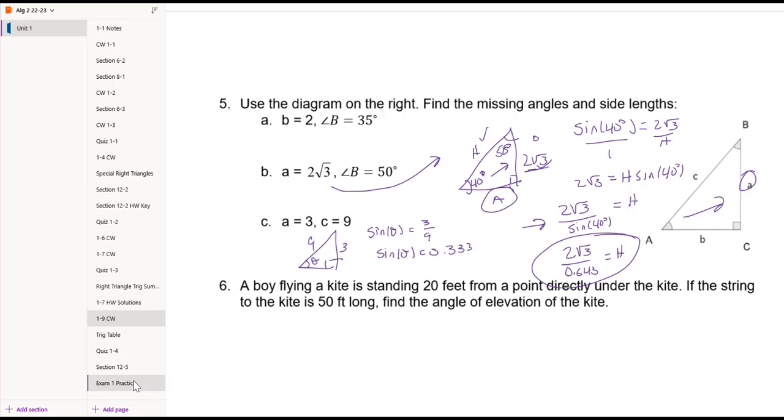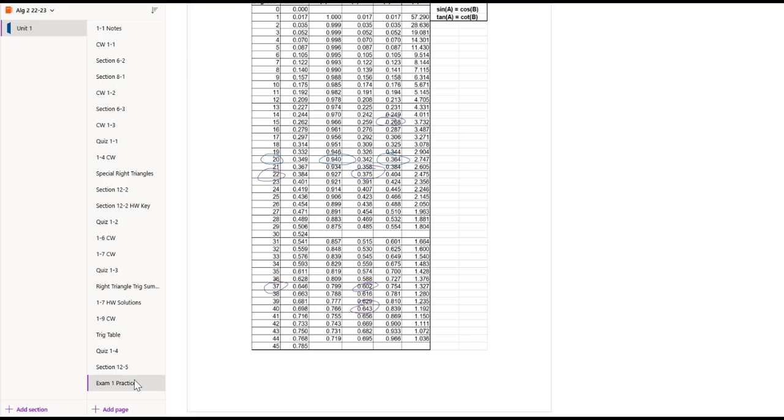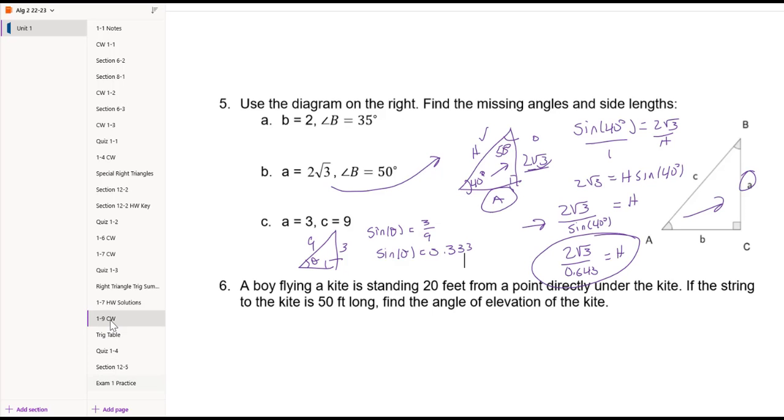So we want to find the closest angle to 0.333 repeating, which would be in the sine column, which would be here. That's as close as you're going to get. It's a little bit closer than 20, so 19 degrees is the closest whole number angle. So theta is about 19 degrees,